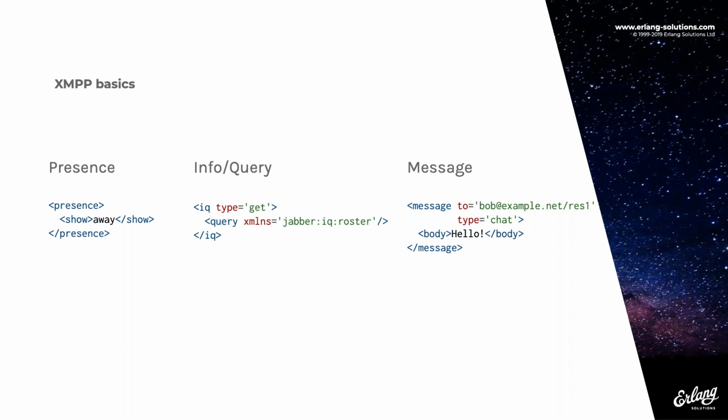So, for example, this IQ is sent by a client to get its roster. And the third kind of stanza is a message, and message is for communication between clients. So a message is something that I would send to you to tell you, say hello, for example. If you are familiar with XML, you can notice that the IQ stanza contains a namespace